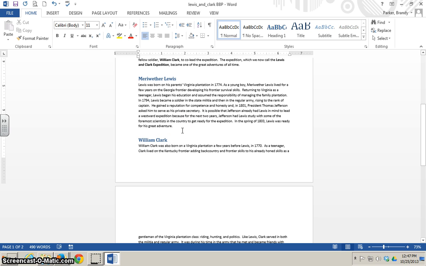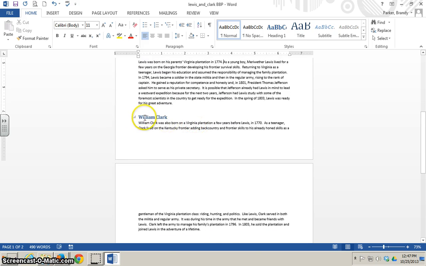So now we're going to move on to page 80, and we're going to do page breaks and section breaks. What we want to do is add a page break right here in front of William Clark to make sure that the entire paragraph gets onto the same page. So let's click right here in front of William Clark and go to the Page Layout tab at the top